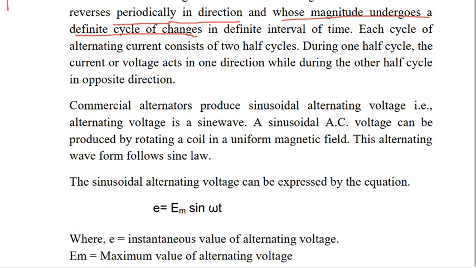So if it is sinusoidal, for example, in your home appliances, you may get a sinusoidal waveform. In order to represent that, I will use the sine function. Okay. If you look here, the E representing the alternating current, and Em representing the maximum magnitude, and the sine omega t represents your sinusoidal waveform, and omega represents the angular frequency. They have certain angles at each and every time. With respect to the time, I am calculating the angle. So that's why they represent E is equal to Em sine omega t.